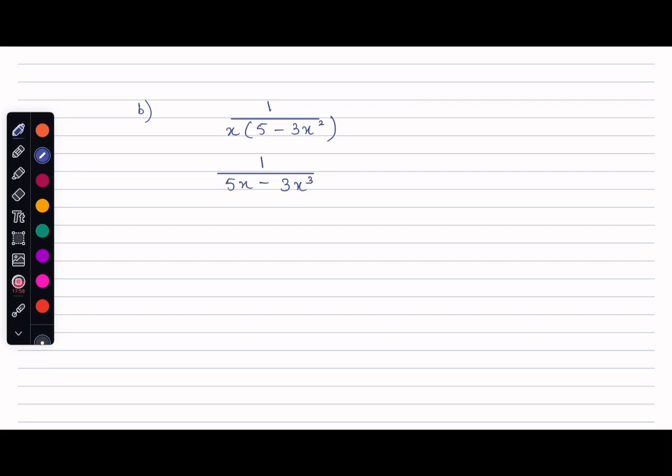After doing that, I can say that this function can also be written as 5x minus 3x cubed to the power minus 1. So here again I can see a composite function. There are two terms in x, and they are both with respect to the power, which is a minus 1, meaning if I differentiate this function, which is 5x minus 3x cubed, the whole to the